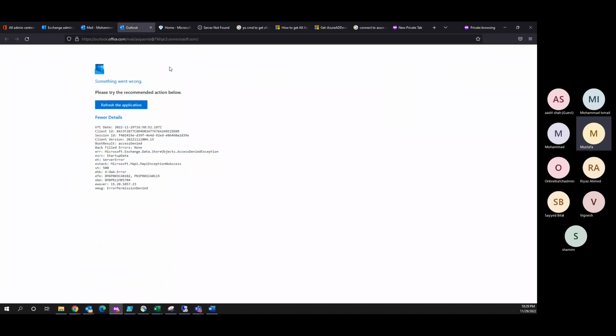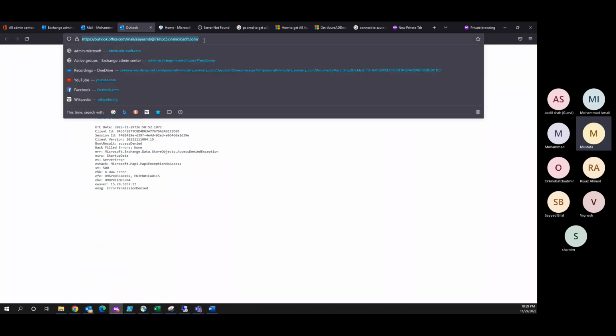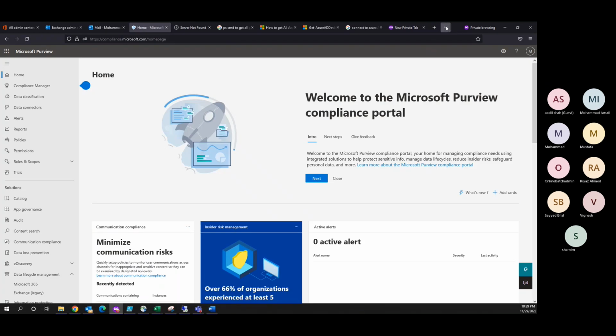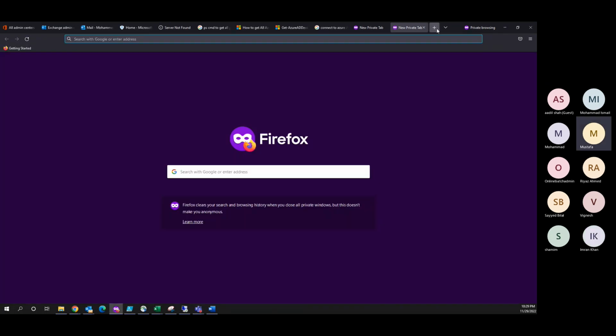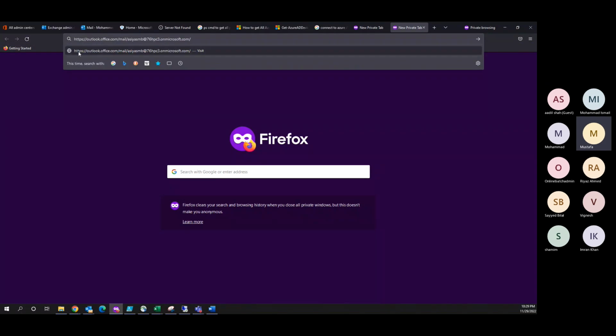Now, another way to open a shared mailbox is to use this URL: outlook.office.com/mail/ followed by the email ID of the shared mailbox. This is a direct way to access the shared mailbox. And when I press enter,